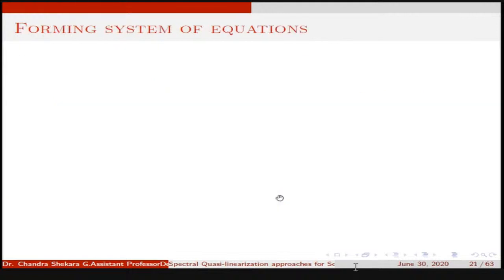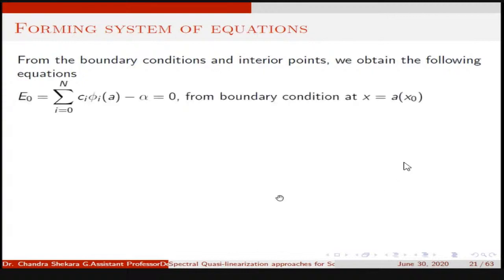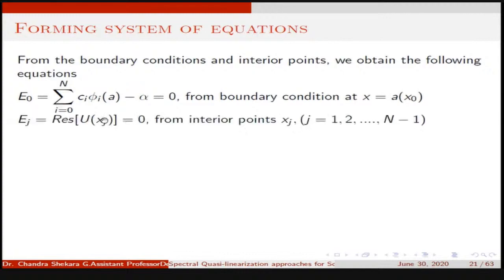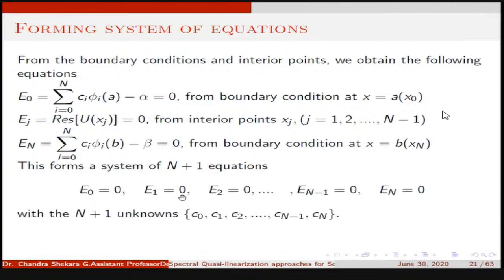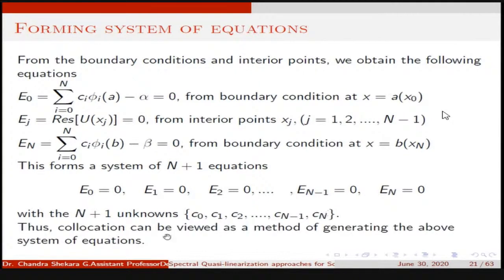Then we can form a system of n plus 1 equations in n plus 1 unknowns, given like E naught, Ej. So Ej are the equations at the interior points, E naught is the left boundary condition, and En is the right boundary condition. So that system is given as E naught, E1, E2, and so on up to En equal to zero. This is n plus 1 equations in n plus 1 unknowns, C naught, C1, C2, and so on up to Cn minus 1, Cn. Therefore, the collocation method can also be viewed as generating a system of